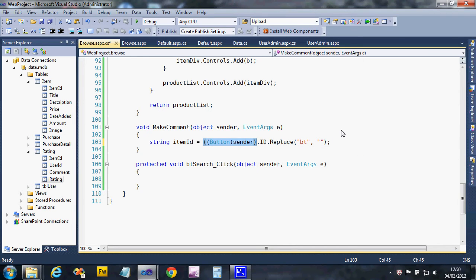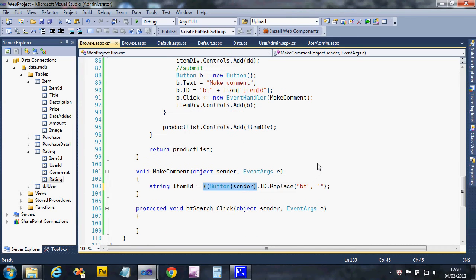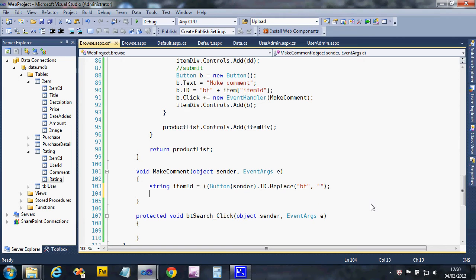But what we want is the ID number of the product that we've just made a comment about. And we called our button BT plus item ID. So if we get rid of the BT bit, we should be left with just the item ID. And that's what the replace bit does. It says look for BT, replace it with nothing. So we should just get a string with that in. Okay. What we can then do